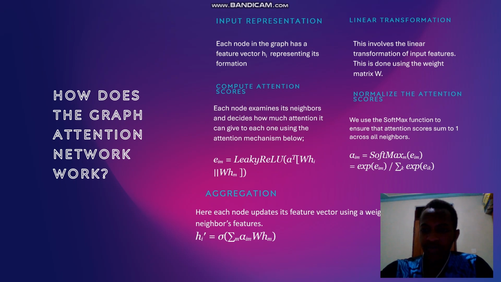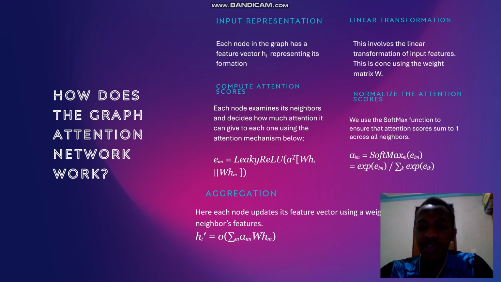Now, the first step is input representation, where each node in a graph has a feature vector that represents its attributes, and these features are then transformed using a weight matrix W. This is the linear transformation, and it allows the network to learn more meaningful representations of the input data. You can think of this as converting raw data into a format that is easier to analyze